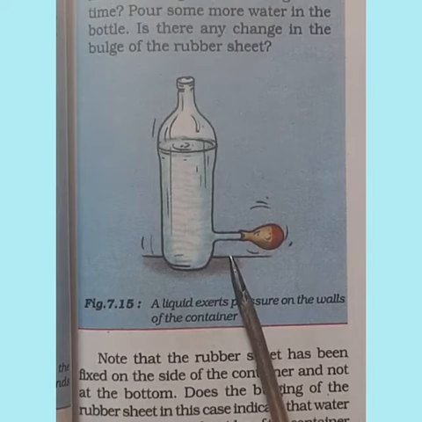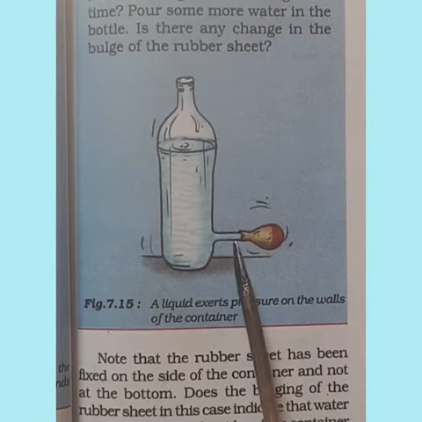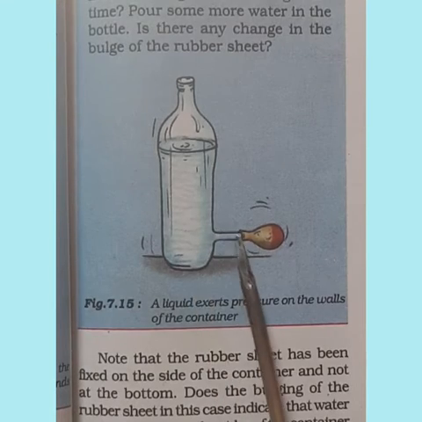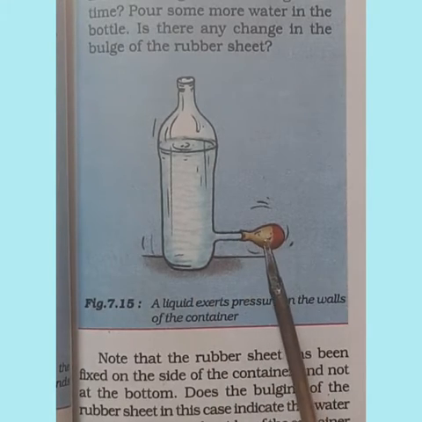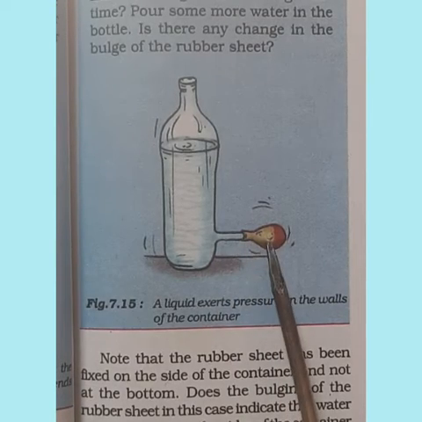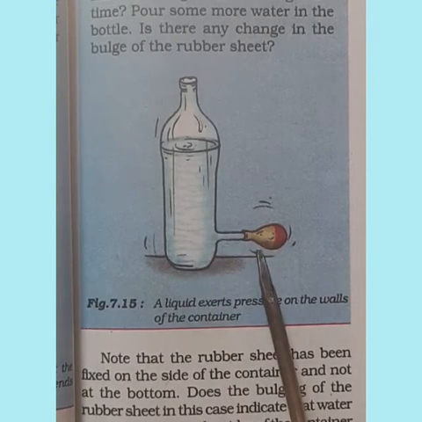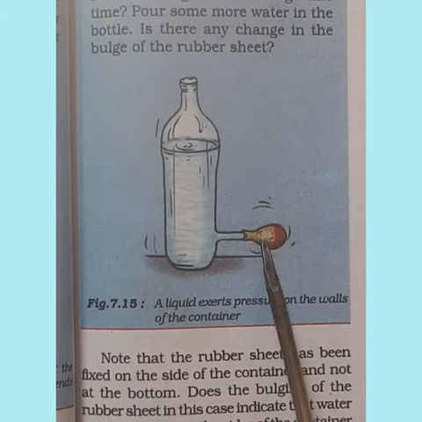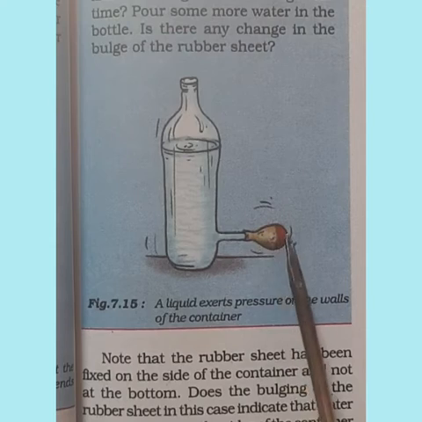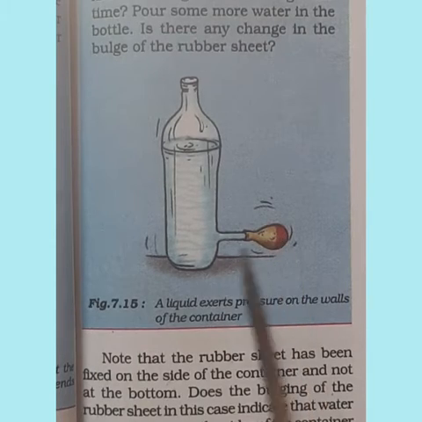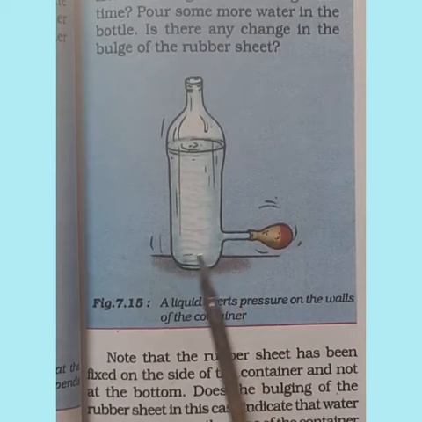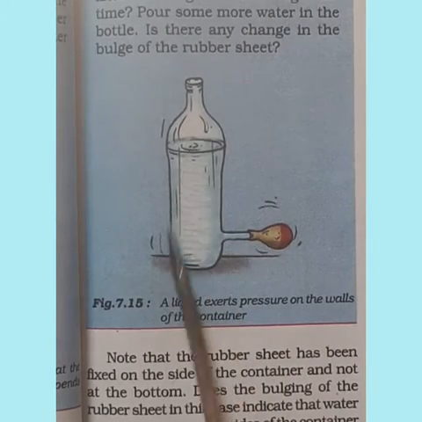Now, what we have to observe is that when water is filled in the bottle, the rubber sheet which is fixed to the glass tube will bulge this time also. So when the water is filled, even the rubber tube or the balloon, whatever you have fixed, will bulge. From this activity, we can understand that the liquid exerts pressure on the walls of the